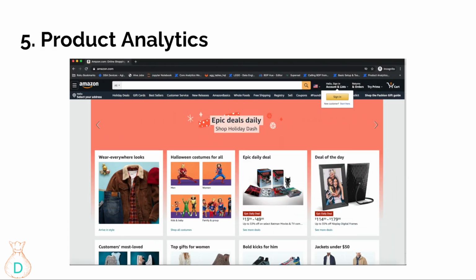So the fifth one is product analytics. I personally really like working in product because I think for each company, the most important thing is the product. I mean, there's also marketing and sales, those are very important as well, but I'm very interested in how we determine what features need to be built into a product, and why it's supposed to look a certain way, or why we are adding these functions.